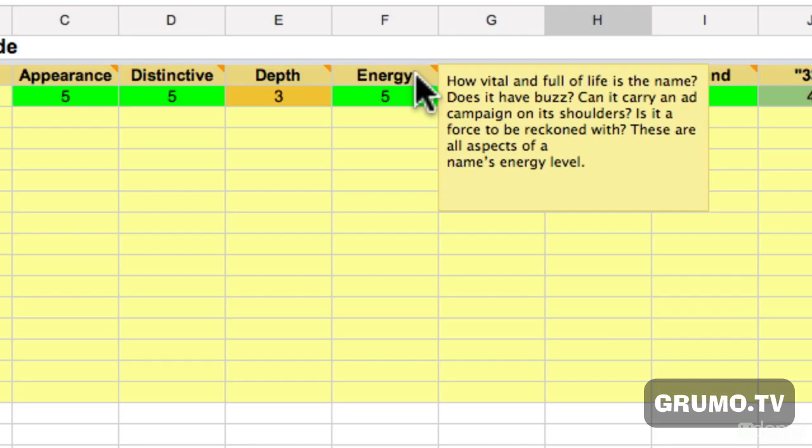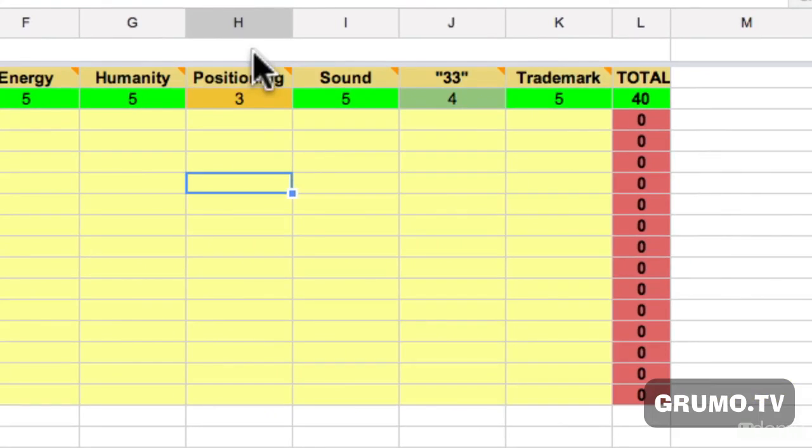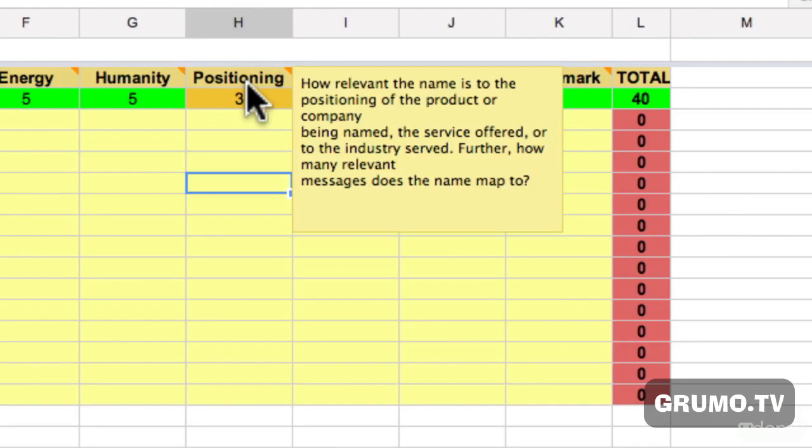Energy: how powerful does it sound? How vital and full of life is the name? Does it have a buzz? Can it carry an ad campaign on its shoulders? Is it a force to be reckoned with? These are all aspects of a name's energy level, right? So does it sound powerful? It really depends on your brand. Is your brand about being powerful? A lot of things seem like common sense, but because there are several of these criteria you have to take into account when you're thinking of a name real fast, it's hard to keep them all in your mind, and that's why I created this chart basically. And then positioning: how relevant the name is to the positioning of the product or company being named,